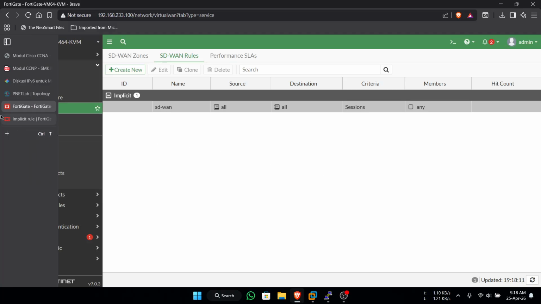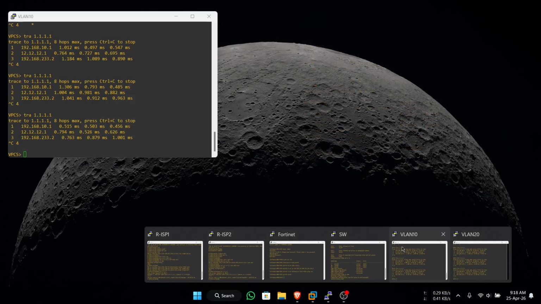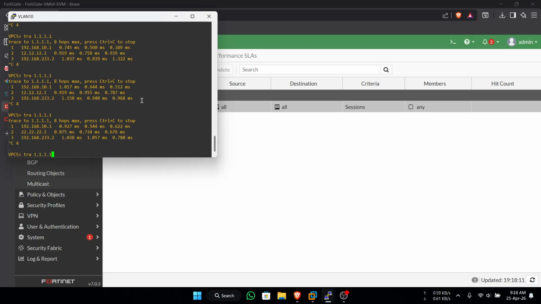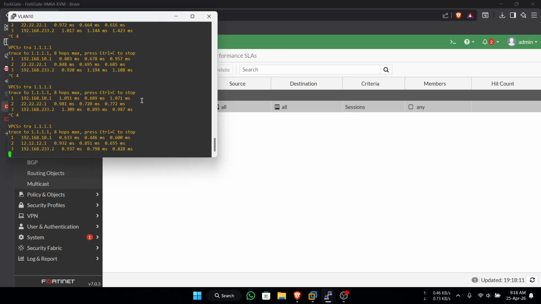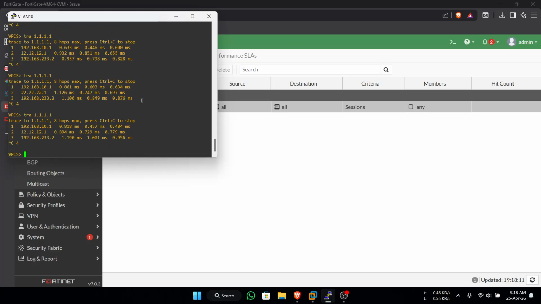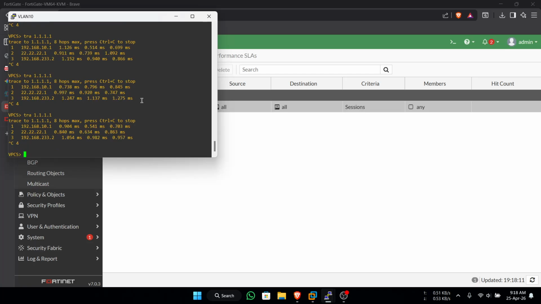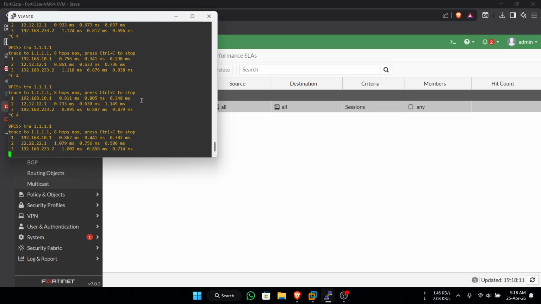Okay, typing again. The traffic is moved. You can see the traffic is different. Moved from SD2 and then SD1 and like that. So the two paths are used at the same time.